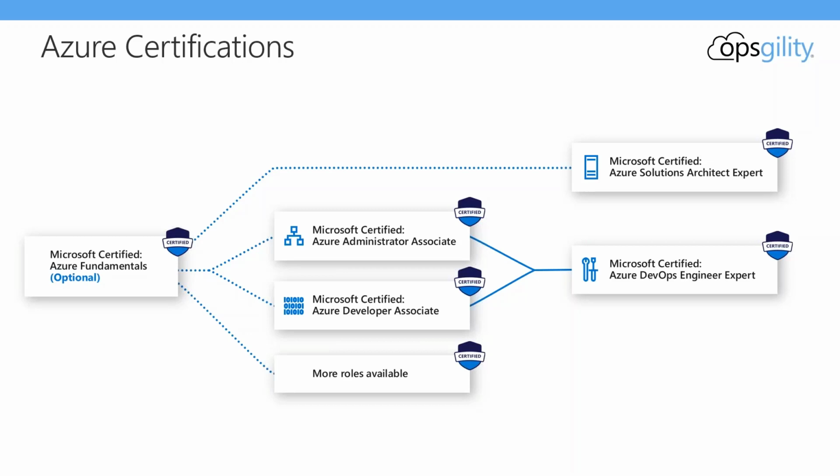There is a prerequisite for the Azure DevOps exam, either the Azure Administrator or Azure Developer Associate. You don't need to take both to progress to the DevOps exams and that particular certification. So with all that being said, while Microsoft doesn't state official prerequisites for some certifications, I highly recommend that you honestly assess your skills with Azure before you move into the expert exams, such as those that lead to Azure